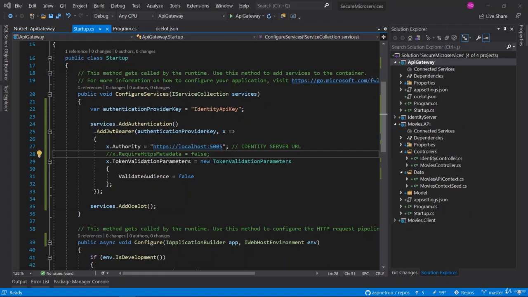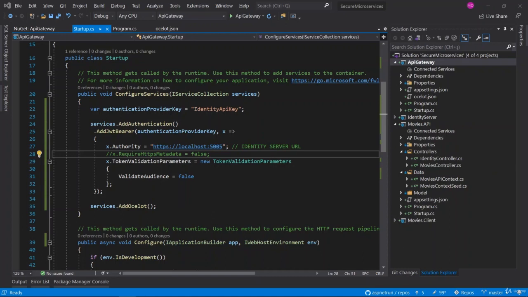In this video, we are going to change the movie client to consume the API gateway URL with a bearer token, which we get from the IdentityServer4 and OpenID Connect. Until now, we didn't use the Ocelot API gateway, but now our API gateway is ready to use. So we should redirect the MVC client requests to the Ocelot API gateway in order to avoid direct calls of the internal protected API resources. Let's take action now.